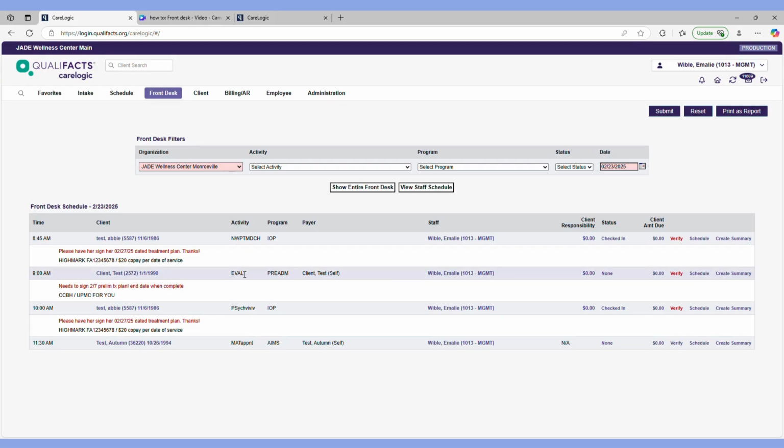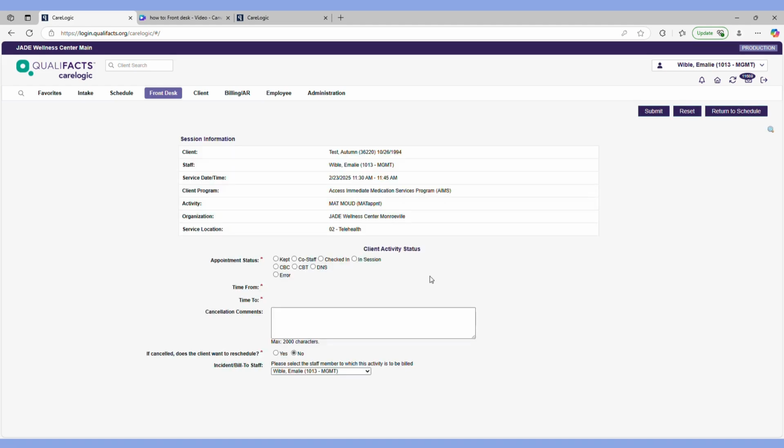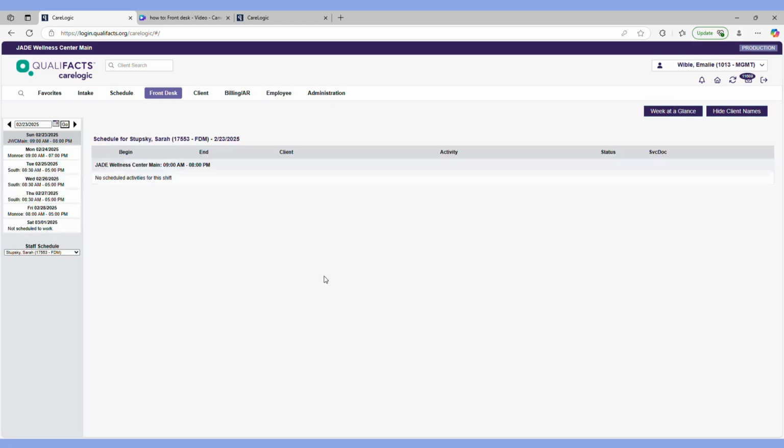Now that we reviewed the process of checking in, we are next going to review the process of how to cancel a client's appointment. So let's just say Autumn Test called in the office stating that she is ill and cannot attend today's medical appointment. First, I would take note of what type of appointment it is in order to reschedule. I would take note of who the provider is with in order to notify them of the cancellation. And then I would go ahead and hit that status button, and I would change it to canceled by client. I would hit submit,